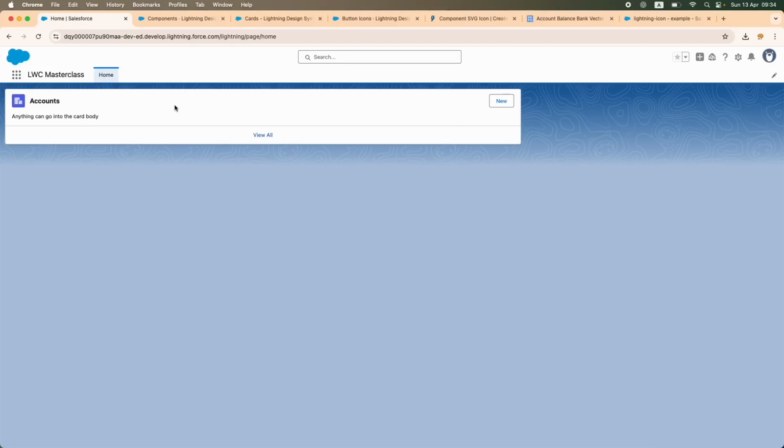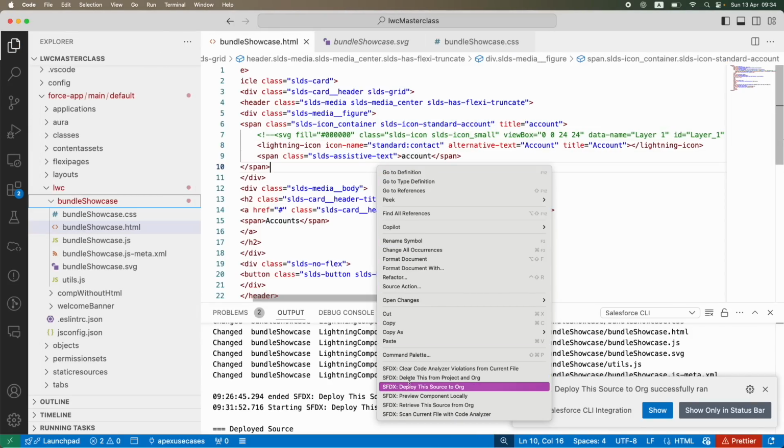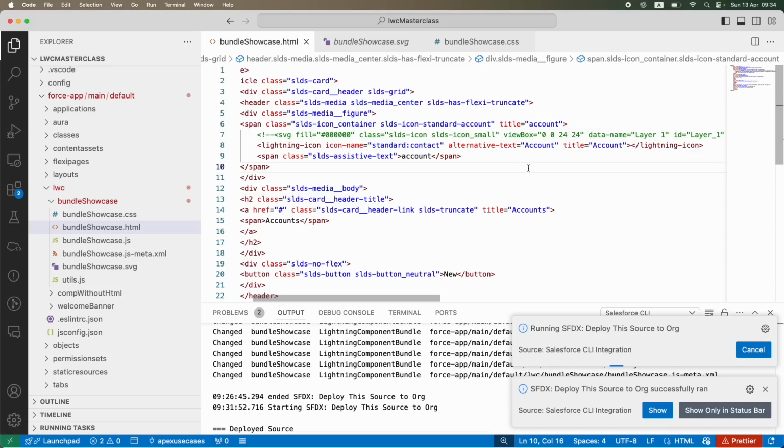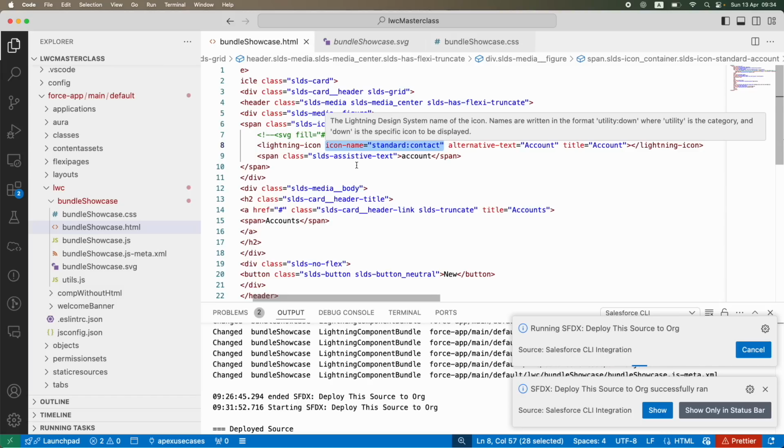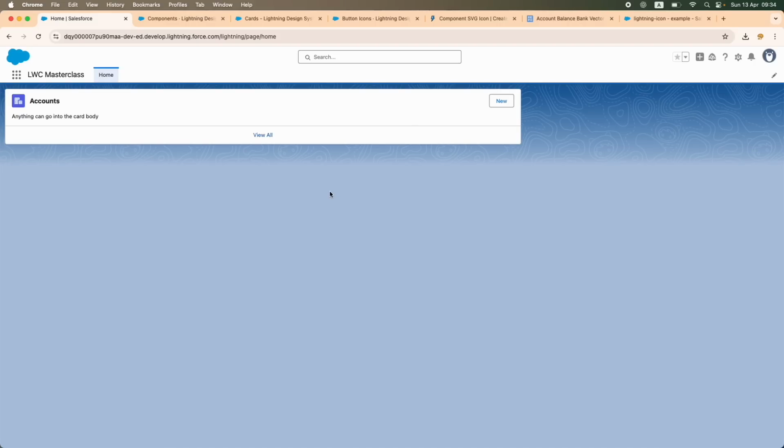So it gives you the benefit of using something that's in-house, and see how neat it looks, and it kind of blends in as well. This is the standard account one. If I want to do something like a standard contact, you can just replace account with contact, and this will do the magic for you. This also needs to change, but the important part is the name of the icon should be relevant and should be acceptable. If I refresh this page again,